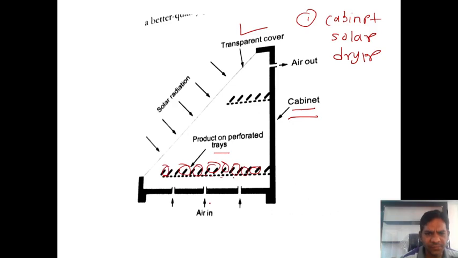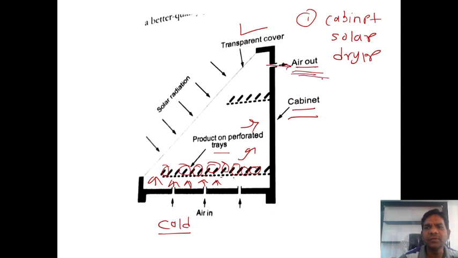The ventilation is provided here at the bottom position for this cold air. Okay, so this cold air enters inside the solar dryer. This cold air absorbs the solar energy, its temperature increases, and this air is circulated naturally. Okay, and this removes the moisture from the food, and it exits at the top position.